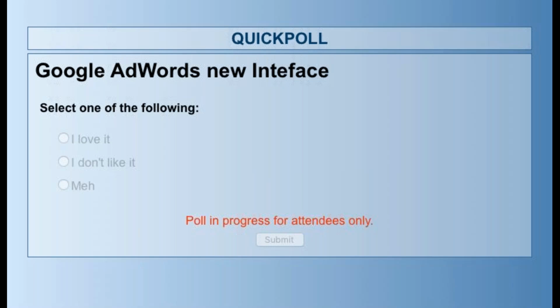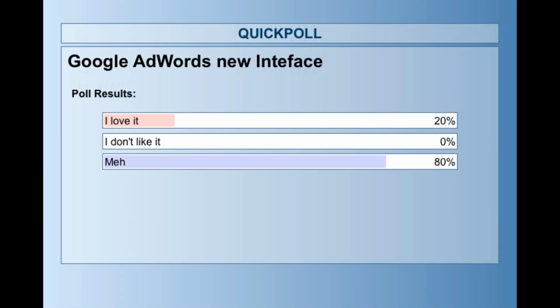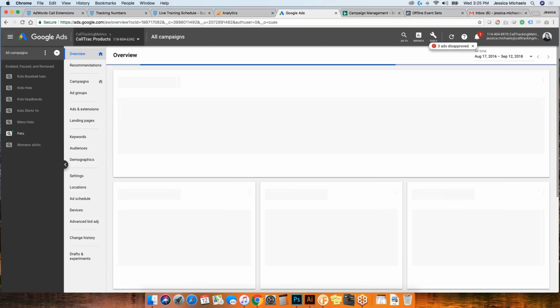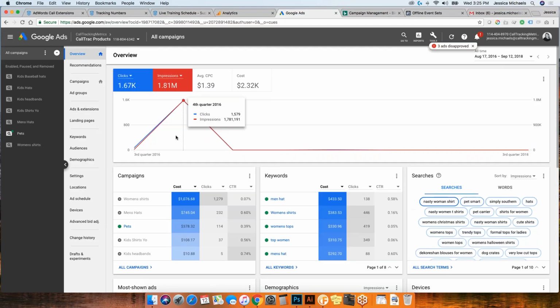Well, let's take a look. So it looks like a majority of us are just kind of meh about it, and 20% of us actually love it. But we don't have any haters, so that's kind of a first. I was a little slow. I wasn't real enthusiastic about it right away, but I have grown to actually really enjoy it.